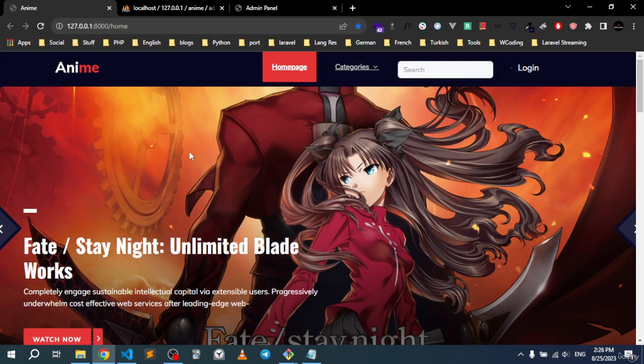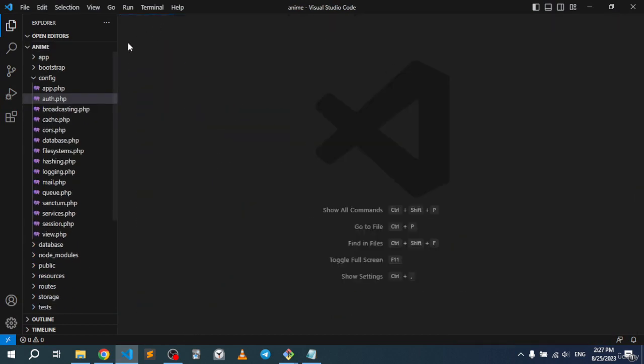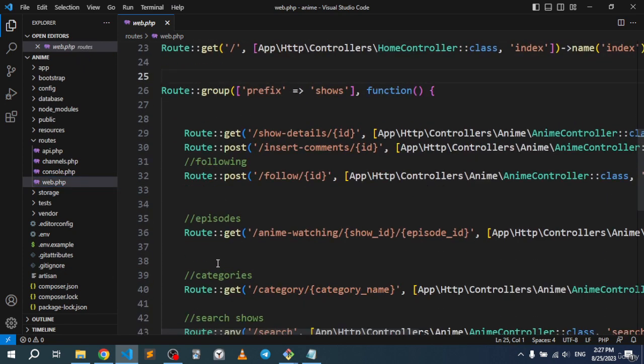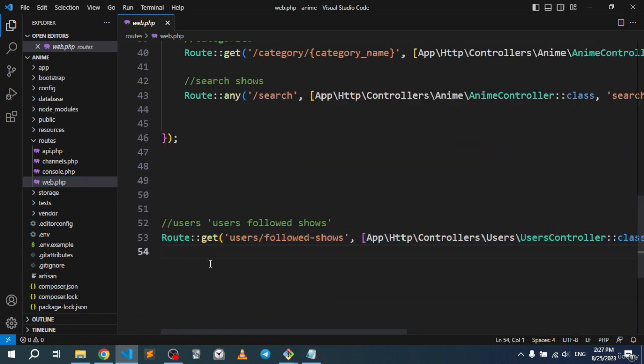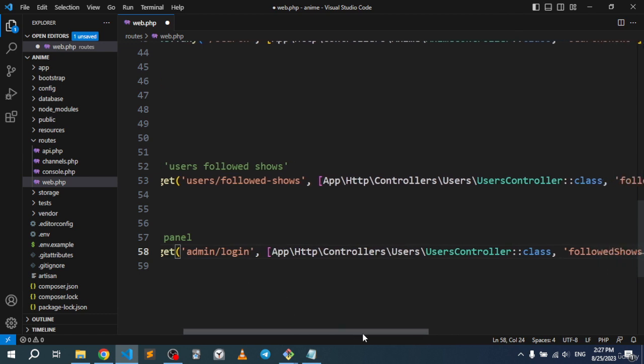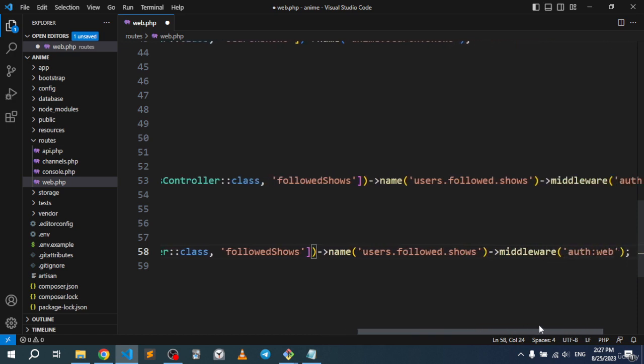All right, so now what we need to do first is, of course, let me close this up. Also this, I want to go ahead as always, and I want to go to my routes web.php, and let me just go ahead and copy this link. I'm gonna go right there, I'm gonna go admin panel like this, and paste this in. So the prefix for this will be admin like that. And right here, I'm just gonna name this as login simply. All right, so we want to set up our form first. So this link will do nothing but show the